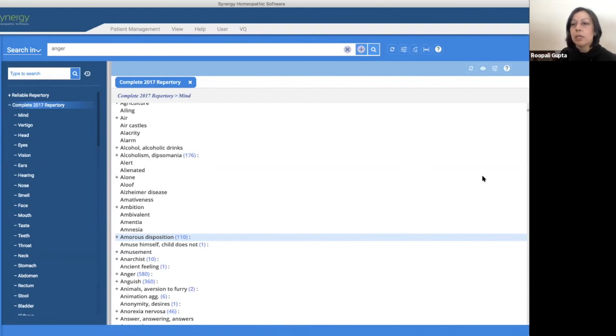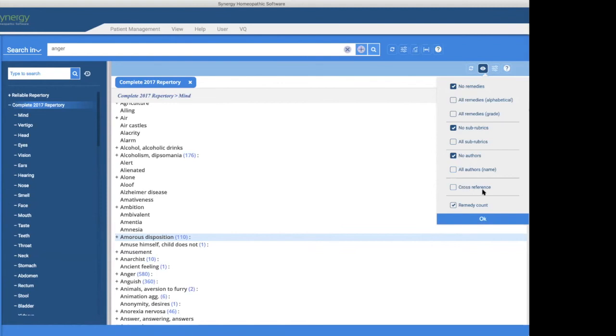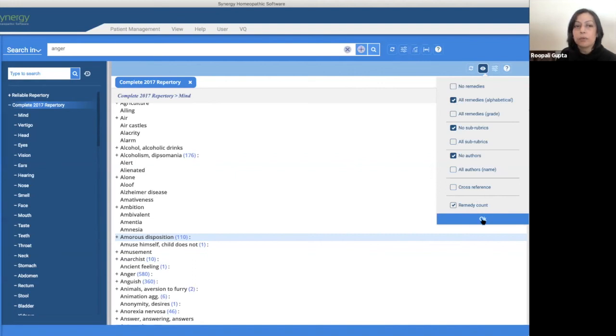Okay, so when you open your repertorization function and you're in your repertories, on the right is this little eye. And when you click on it, you have all of the view options for the repertory. So I'm usually set to no remedies, no subrubrics, no authors, no cross-references, but I do have my remedy count displayed. If you want to see your remedies, then you can choose whether you want alphabetical or by grade. And if you do alphabetical and then you click OK,